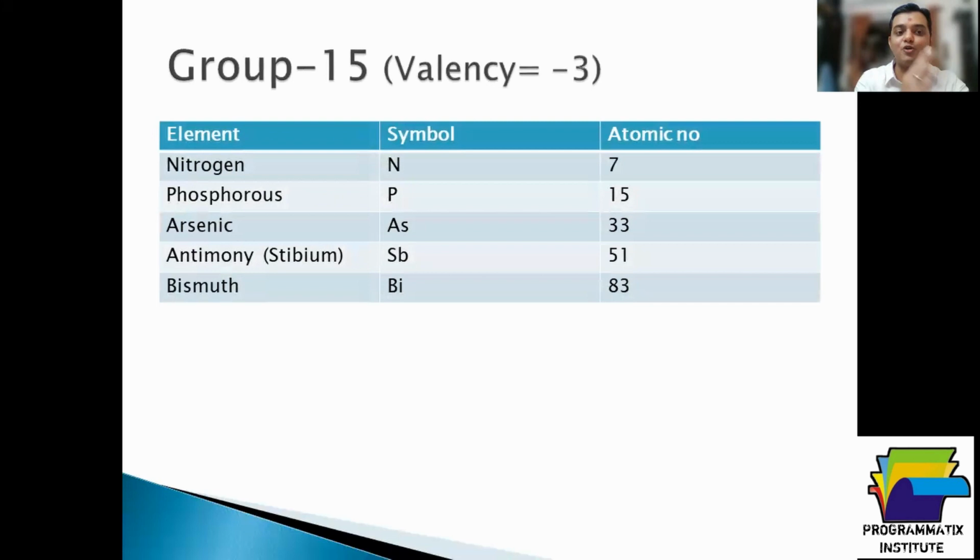You all know for group 15, it is nitrogen, N, phosphorus, P, arsenic, As, antimony. Its Latin name is stibium, from which its symbol has come, that is Sb, and bismuth, Bi. Now, how do we remember antimony? Because antimony is also a very important element for the 12th board exam. So how do we remember this? The shortcut is